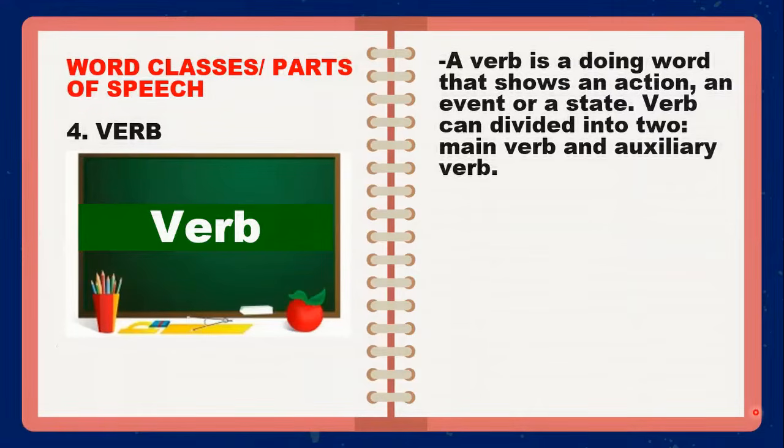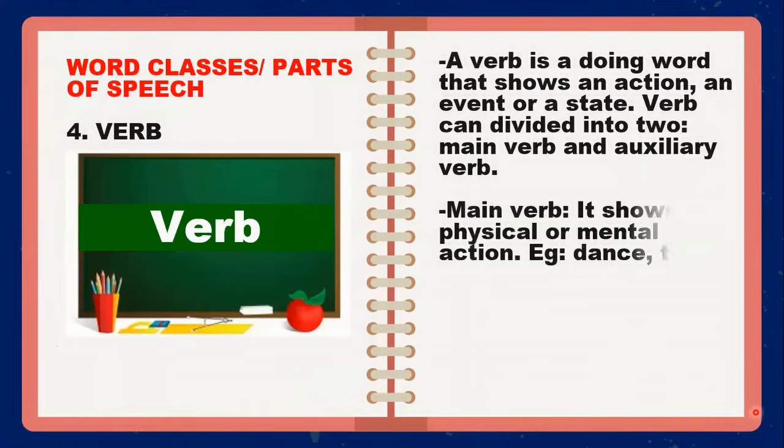Verb is a word which shows action, event, or state. And we can divide verb into two sections, main verb and auxiliary verb. Main verb भनेको आफै आउन सक्ने भर्बहरु, कसैको हेल्प नलिने मेन भर्बहरु 1 2 5 जुन छन् मेन भर्बहरु भयो। जस्तै one हामीले जुन ग्रामर ट्रेडिसनल ग्रामरमा verb 1 verb 2 verb 3 verb 4 verb 5 भन्छौं, यसमै मेन